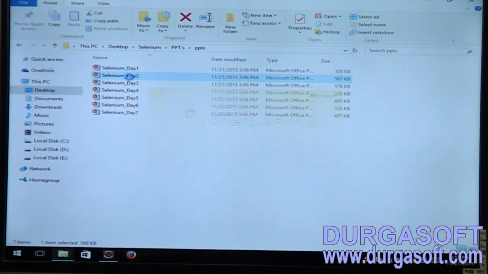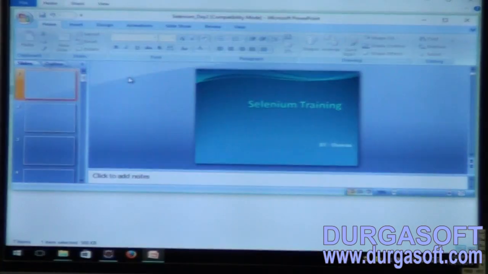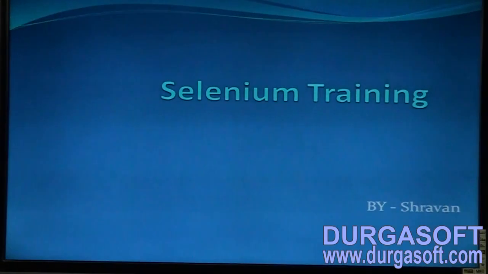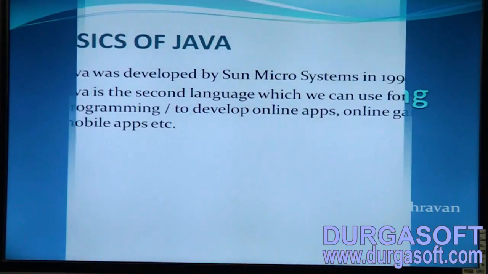work with some of the core Java concepts. Let me introduce some of the core Java concepts, because these are the basic stuff which we have to learn, because the training itself is related to Selenium with core Java, Selenium with Java, right, team? Now let us see some of the basic concepts of core Java.